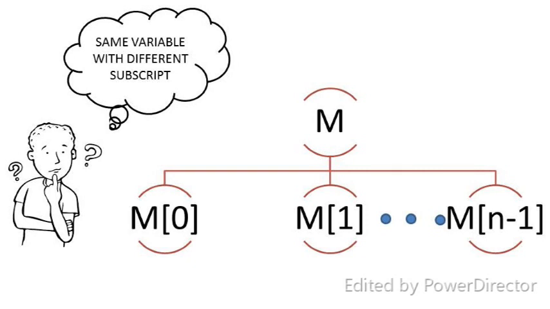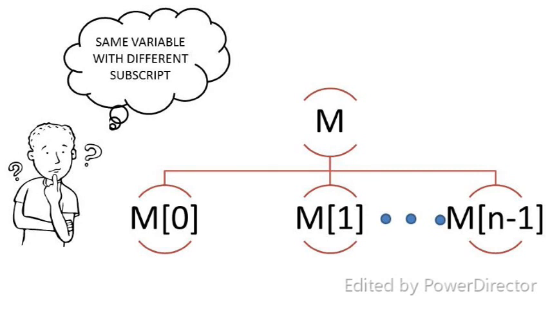Let's have a closer look at the concept. Assume a subscripted variable m has been declared. The size of the variable is n. Thus, we will get a number of variables with the same name m. The only thing we need to do is change the subscript. The subscripts are written within square brackets, starting from 0 and ending at n minus 1. It must be kept in mind that the array will always begin with the 0th subscript.